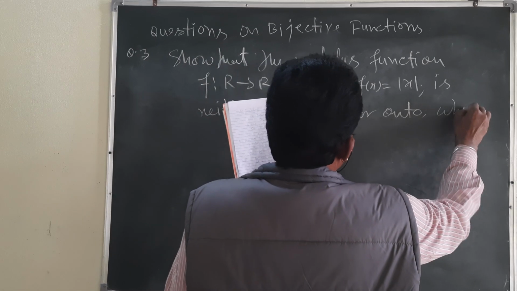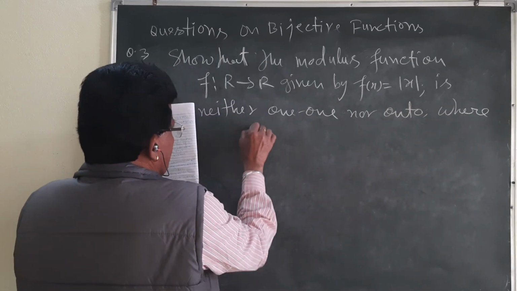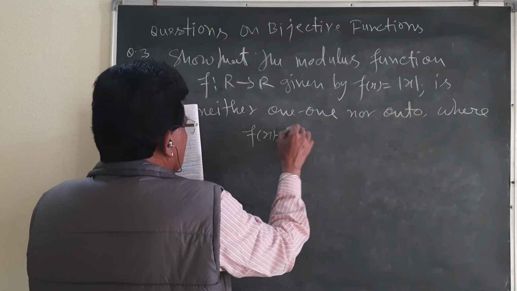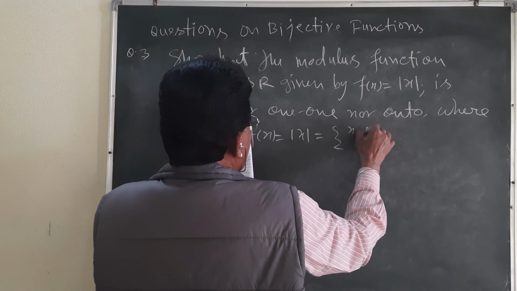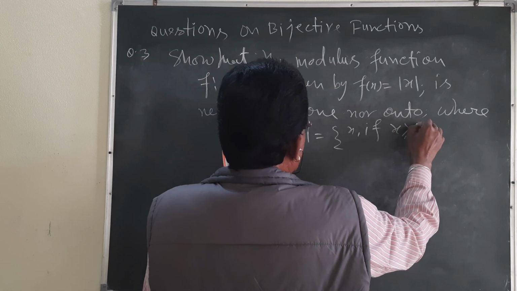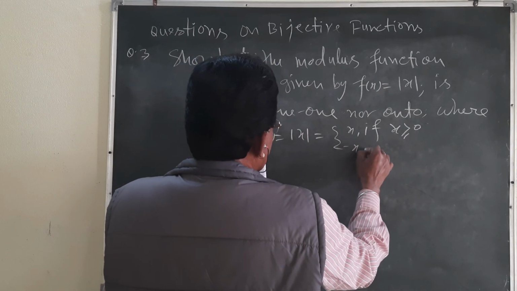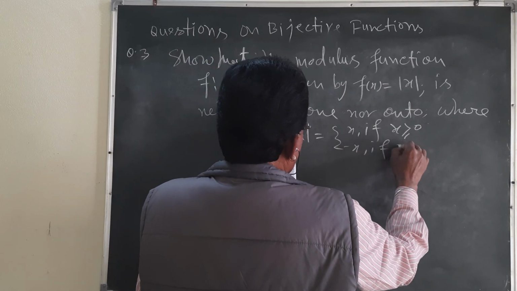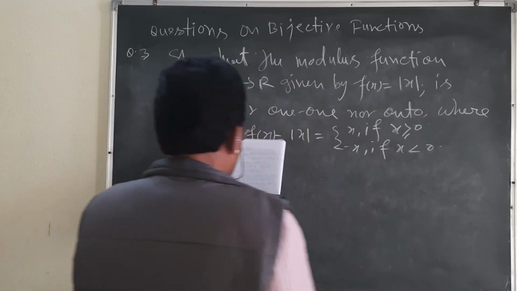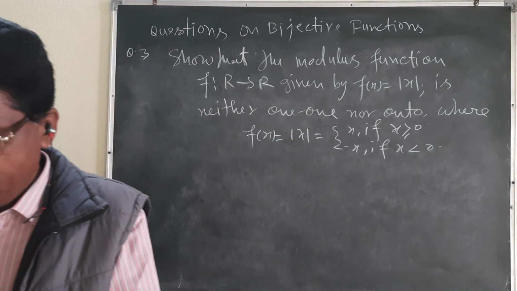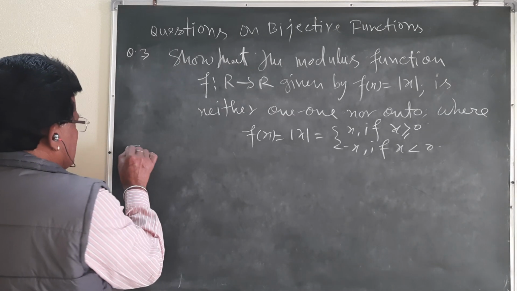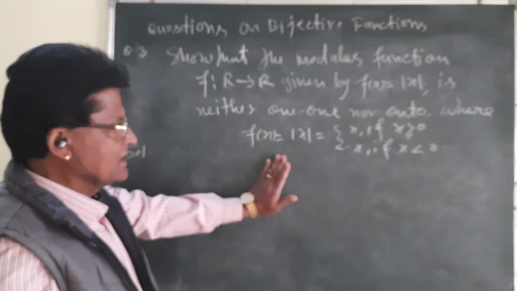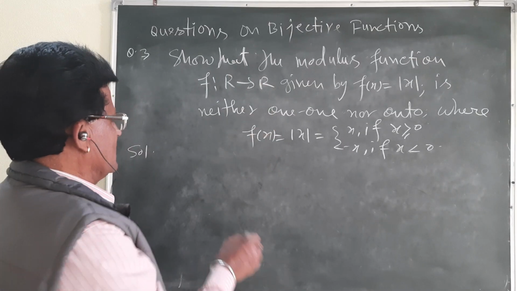Where the condition is there, see carefully. The modulus function is there: |x| is x if x is greater than or equal to 0, and minus x if x is less than 0. Okay, and you must think over it. Let me take a similar kind of solution. Very important question. You see, systematically,